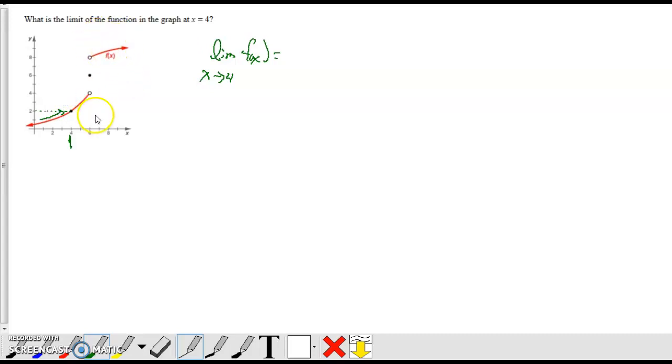And I don't care about this part. I care really just about this part. So as I approach it from this side, I'm coming down, and it also looks like my output's going to be 2. So I would say 2 as that answer. So again, we can always use our graphs to help us, okay? But we can also use our